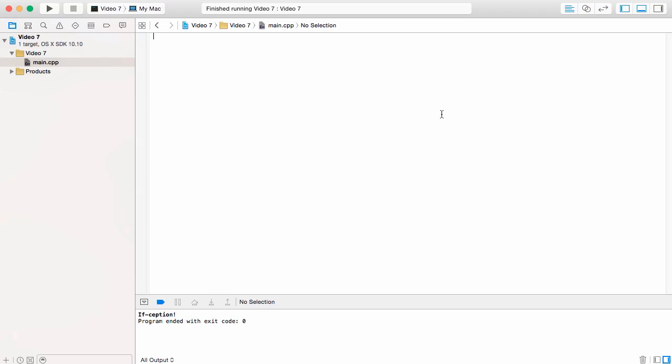But I want to look at something really quick here. It's going to be really simple. It's going to build off what we saw last video. And I want to see what would happen if we put if statements inside of if statements. And I find if we take a look at this, this might give you guys a great understanding of how